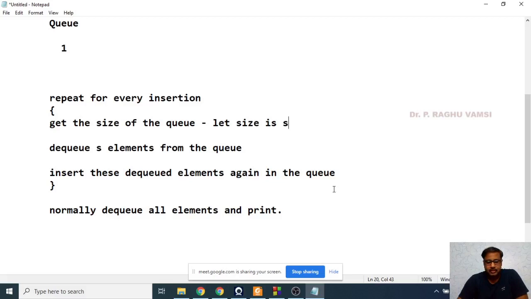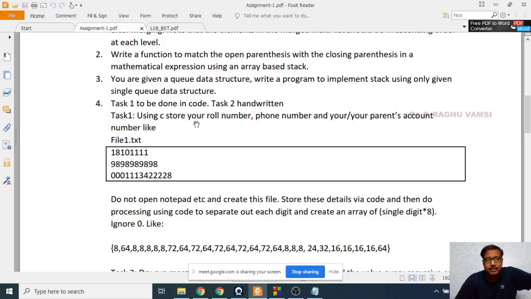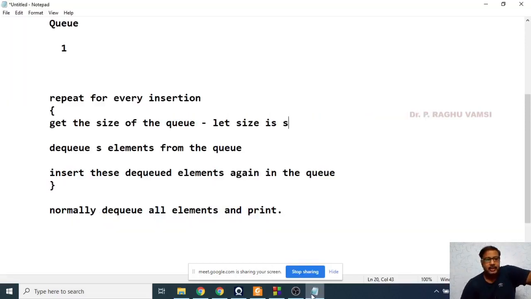Next, the fourth question. Task 1 is to be done in code, and task 2 is to be handwritten. Using C programming, store your roll number, phone number, and your parents' account number. Well, you cannot store the parents' account number, you may write your Aadhaar number, no problem. This should be done with the help of a file.